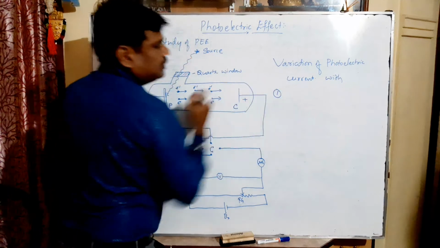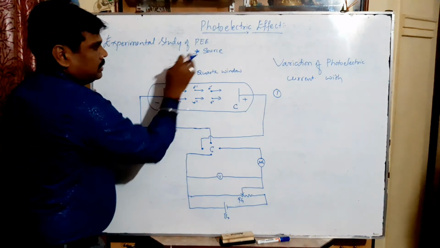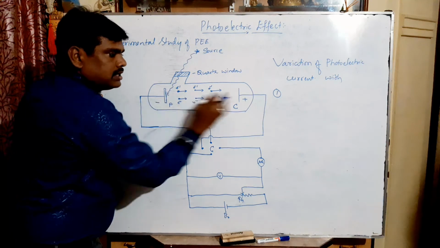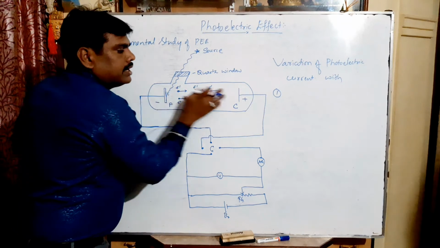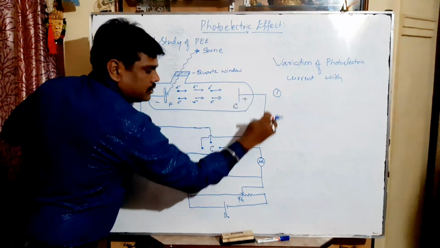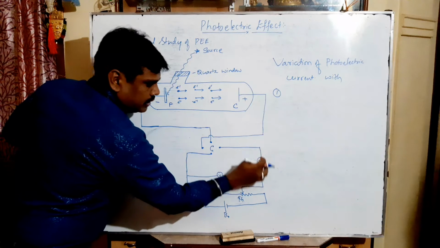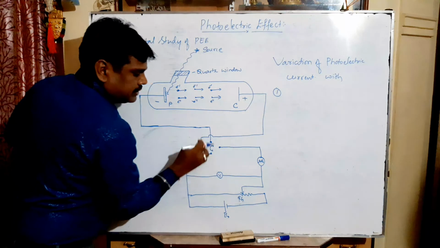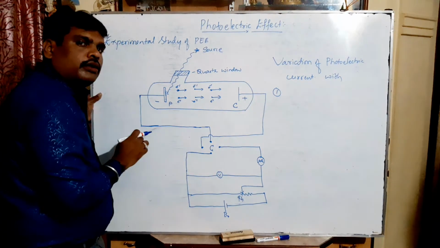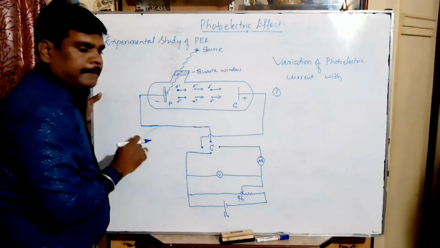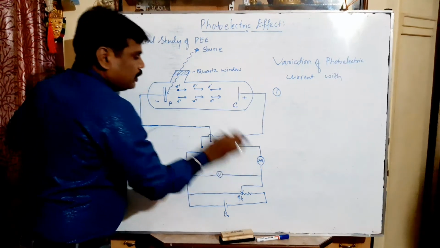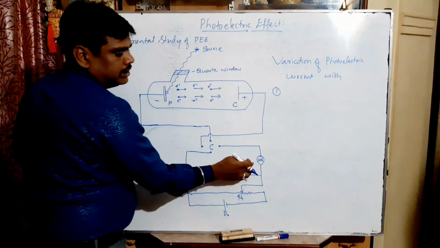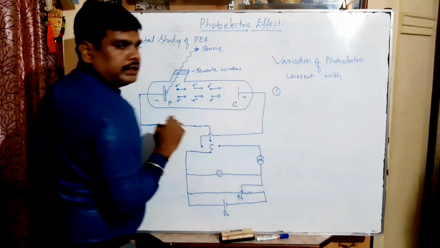The first one is, when light of suitable frequency is made incident on the metal plate, electrons are ejected. When these electrons reach the collector plate, there is a closed path here. When the collector plate receives the electrons, there is a flow of charges through this circuit, and that flow of charges is what we call electric current. Here the current is because of the emission of electrons from the metal surface with light of suitable frequency. That particular current we call photoelectric current.